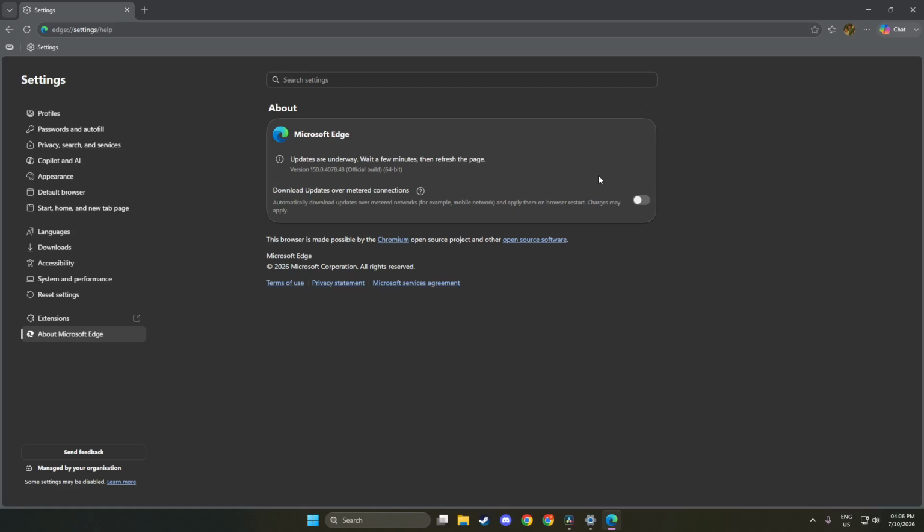At this point, Edge will automatically check for updates and install them if any are available. You may see a progress bar indicating that the browser is scanning for updates. This process can take a few moments depending on your internet connection. It's crucial to allow Edge to complete this step because updates often include vital security patches and feature enhancements. Once the updates are installed, you can browse with confidence knowing you have the latest tools at your disposal.